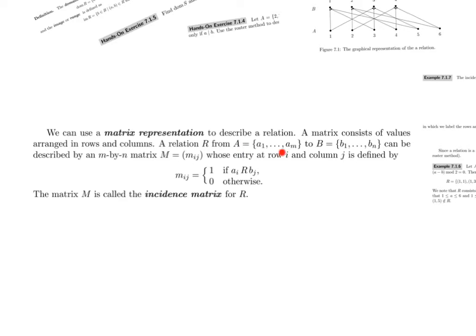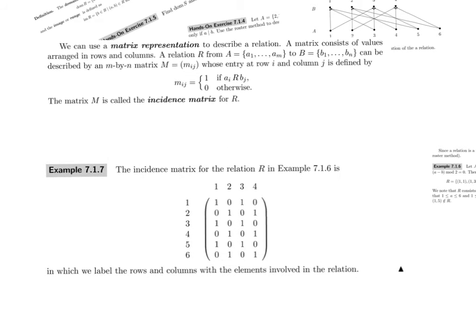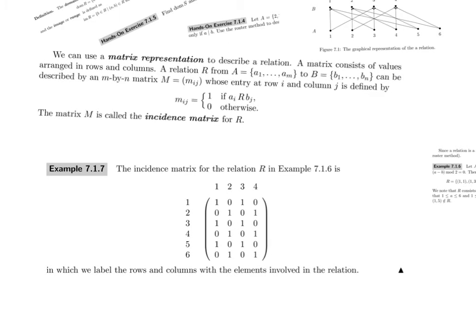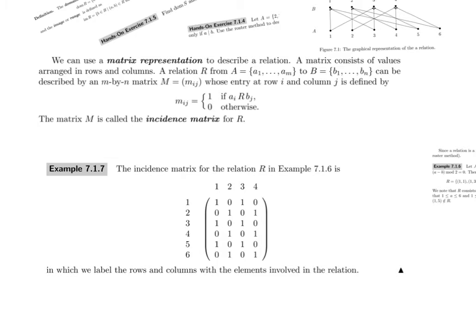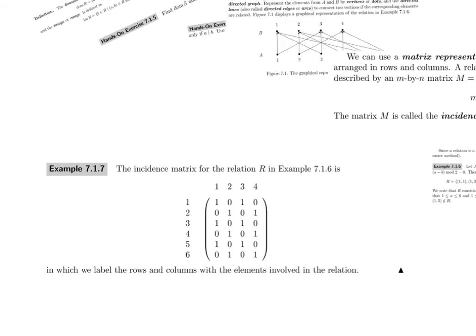We're going to label the rows of the matrix with elements of A, and we're going to label columns of the matrix with elements of B. And we put a 1 in that position if that a is related to that b. So it would be helpful to look at an example simultaneously. They're making reference to example